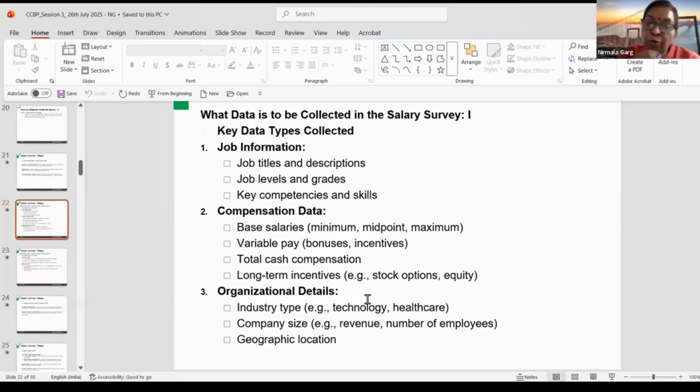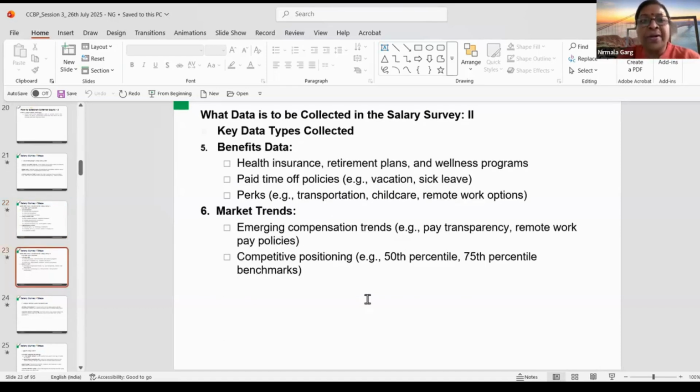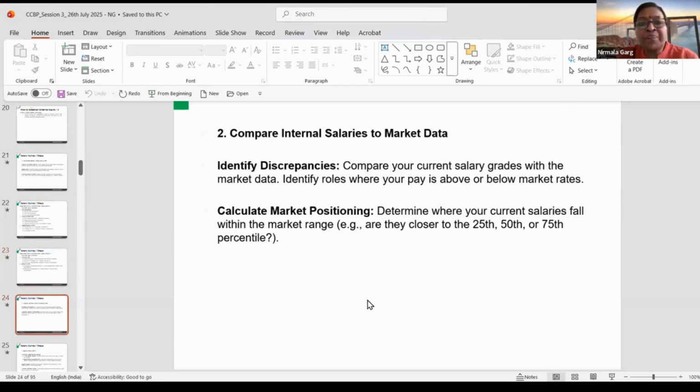So if you are a 500 crore company and you are comparing yourself with a 50,000 crore company, the size is so different that it does not compare, right? So it will be a mismatch again. And we are looking at location, all right? Then we said we looked at benefits, we looked at market trends, etc. All right? Now,